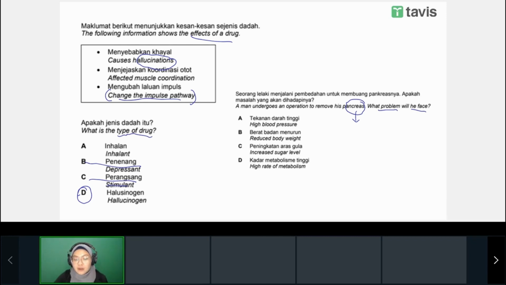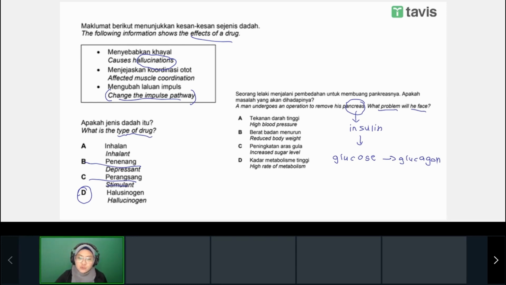Okay, we know that pancreas releases a hormone called insulin. Insulin helps to change glucose to glucagon. It does not allow the amount of glucose in our body to become excessive. So that is the function of insulin. What happens if someone doesn't have a pancreas already? The pancreas cannot secrete insulin. The body doesn't have natural insulin anymore. So